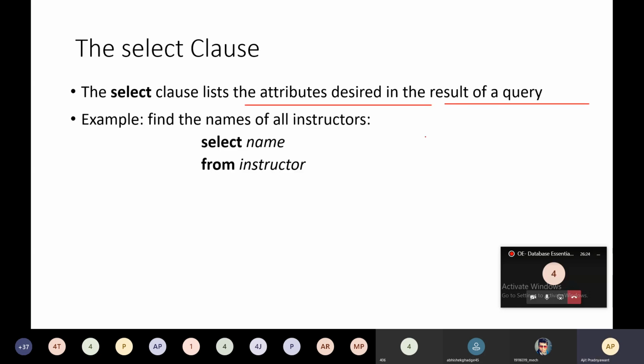For example, if you want to retrieve the names of all the instructors, you can write select name, where name is the attribute. It is one of the attributes of the instructor table, and you mention from the name of the relation, which is instructor. So this is the simple query which will retrieve the names of all the instructors.